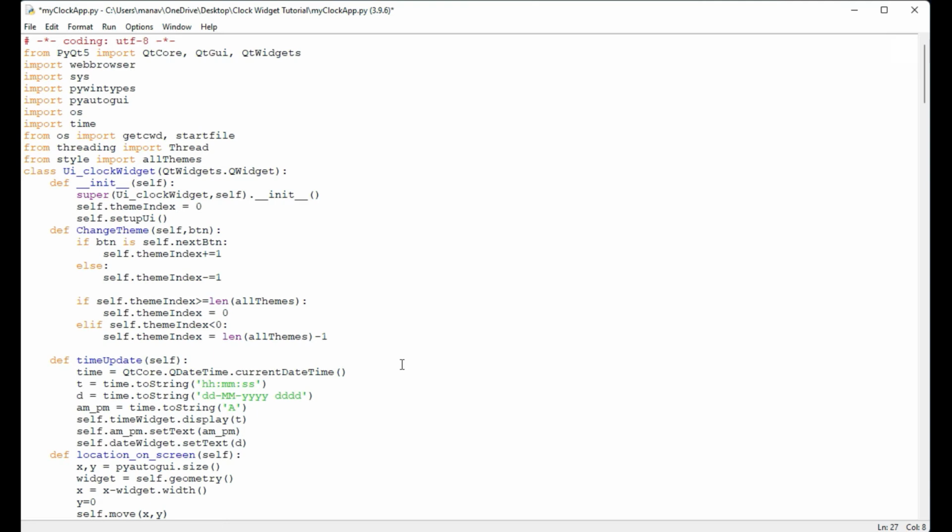Now I have to apply the theme, and for that what I will do, I'll just extract the theme from our all themes dictionary. Okay, so I'll just come here and I'll use all themes. I'll just extract the list of all themes first.